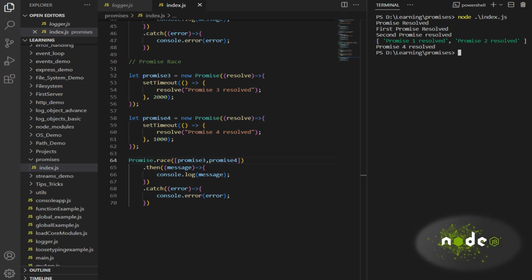So next one we have Promise.allSettled. So here what happens is it waits for all the promises to settle, either resolve or reject, right? It returns an array of results. So in this case,